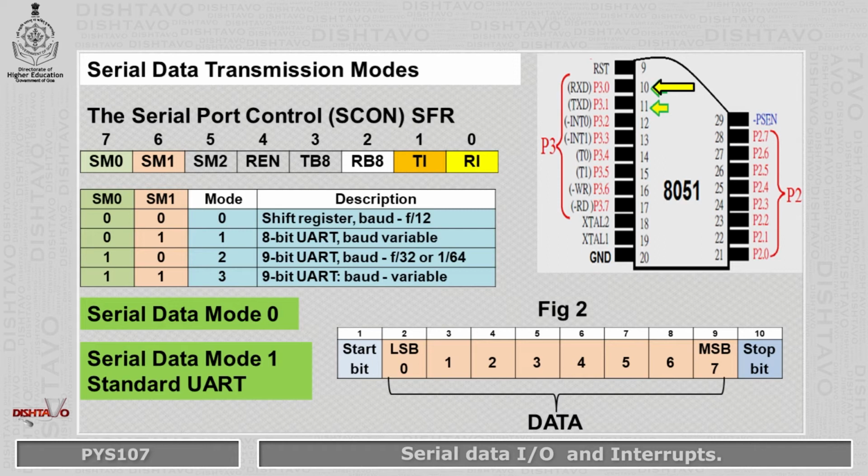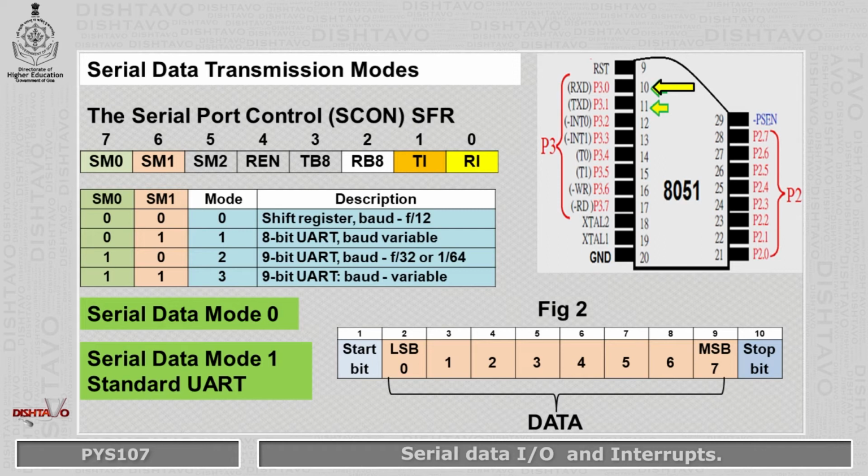The interrupt flag TI in the SCON register is set once all 10 bits have been sent. Each bit interval is the inverse of the baud rate frequency and each bit is maintained high or low over that interval. Now, while receiving, received data is obtained in the same order.